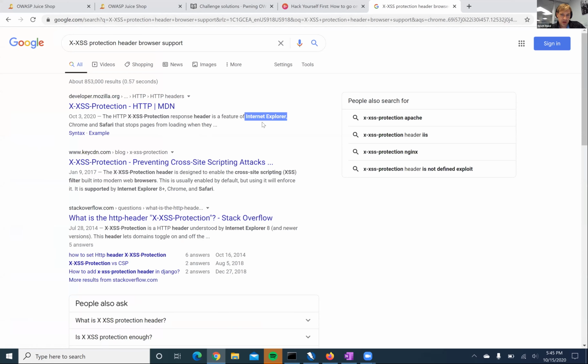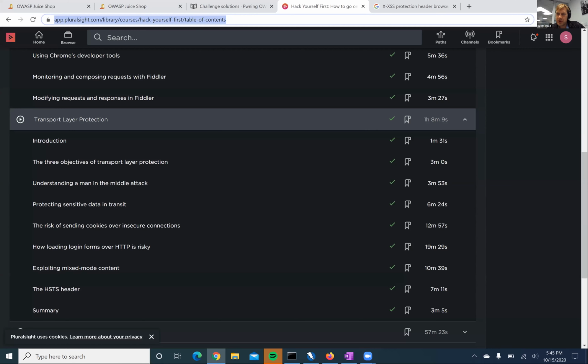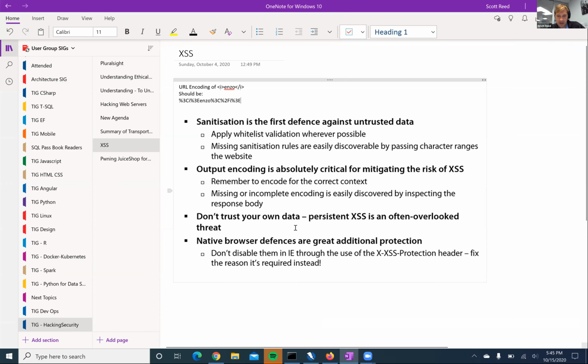Yeah, so Internet Explorer, Chrome, and Safari, it looks like maybe only Firefox is a holdout, which I would not have expected, actually. I almost would have expected the opposite. Anyway, so that's a nice native browser defense.